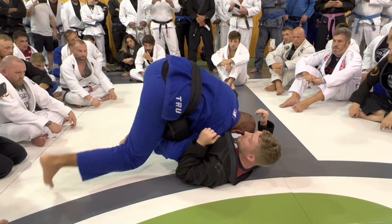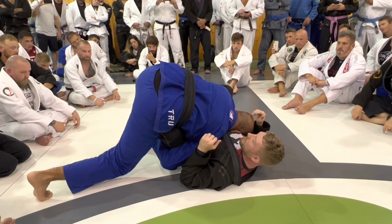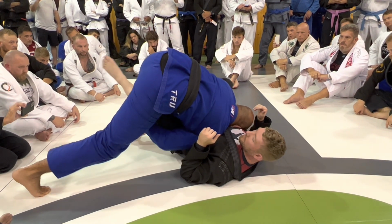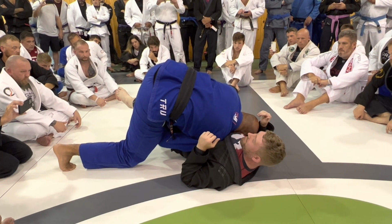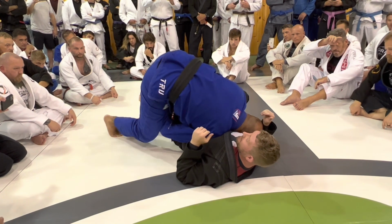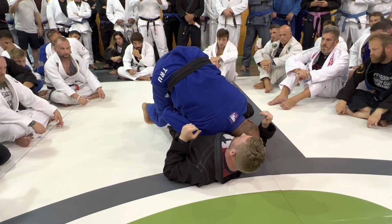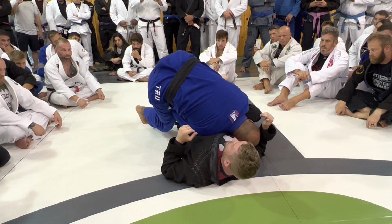So I'm gonna walk to the side and stretch his leg out. My hand, instead of bear hug, now I'm just gonna switch to his pants and stretch it. And the whole time, I'm driving towards his diaphragm with my shoulder. Once I did that, I'm gonna walk back to the mirror because I want to be in the same direction as him to make sure that I'm controlling his hip. And now, I just have to skip over the leg